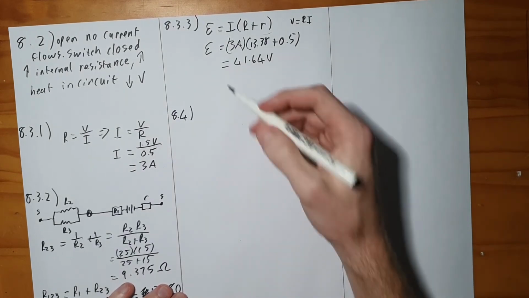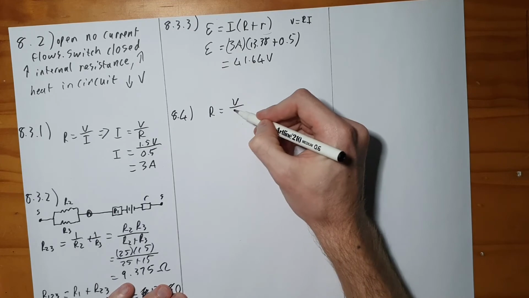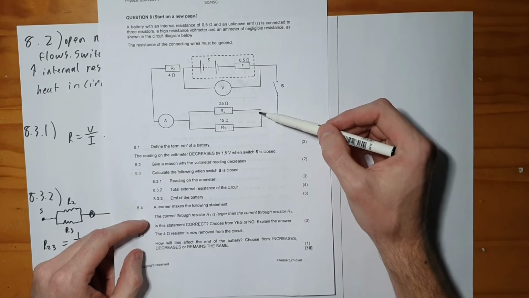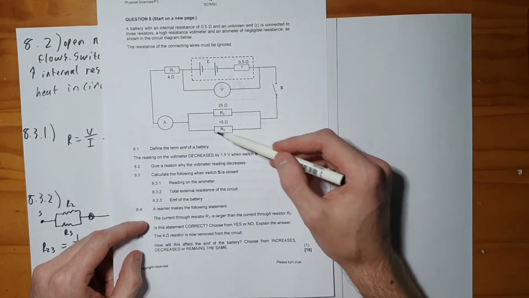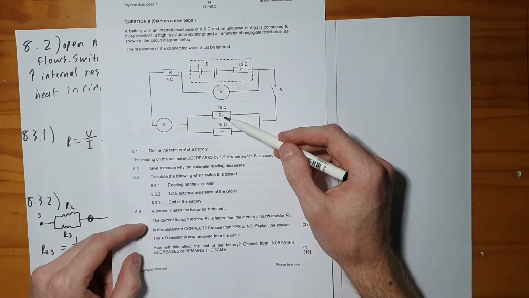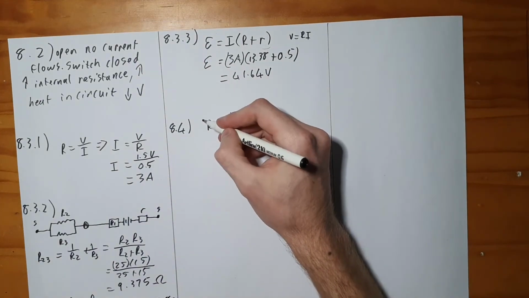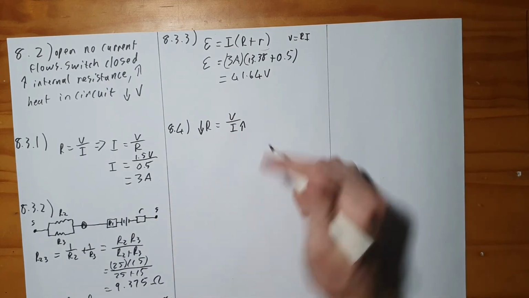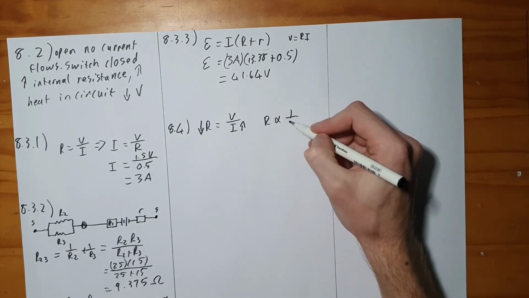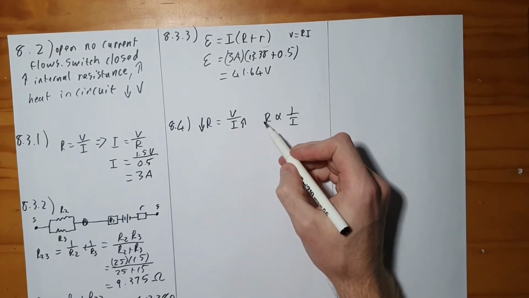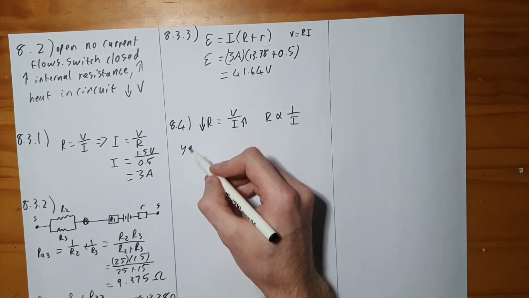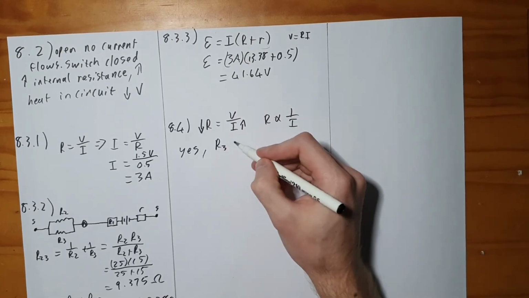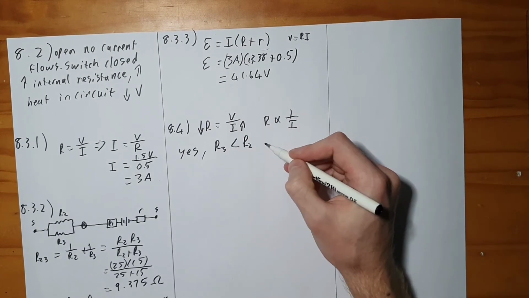Okay, 8.4. So we know that resistance equals voltage over current. Now we can see here that when we're dealing with current, it always takes the path of least resistance. So R3 is less than R2, so we can see that if we decrease our resistance, our current needs to increase. Okay, that's just because of the mathematical relationship saying that R is inversely proportional to the current. So if R decreases, I must increase. So we can say yes, his statement is true. Okay, why? Because R3 is less than R2,